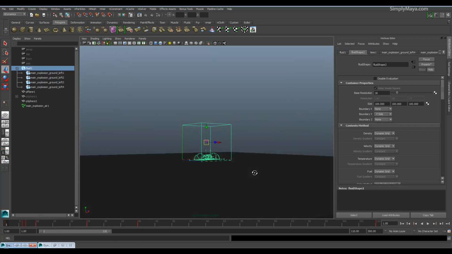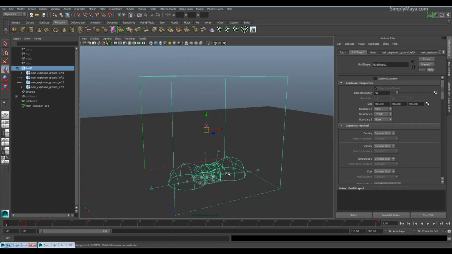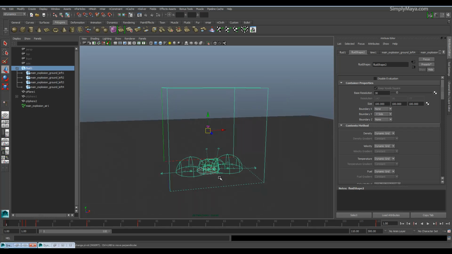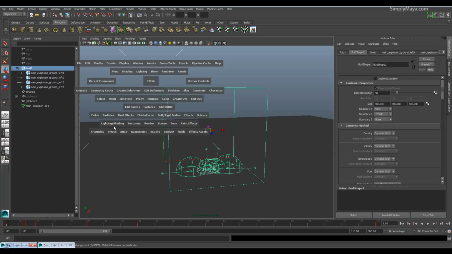And before I do another play blast, I also want to talk about the fact that when our fireball comes up, I want the top to be more defined, so I'm going to put a volume access in to suck some fluid back into the center. So just with this selected, go to fields